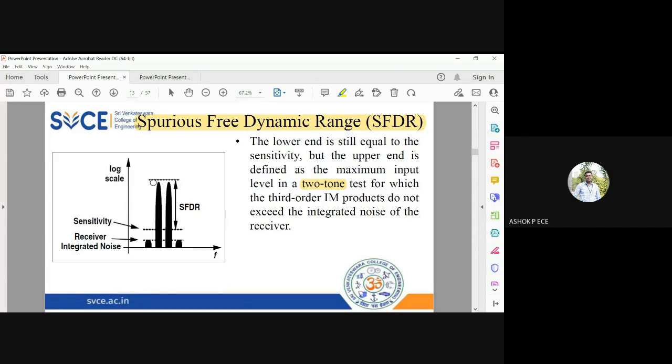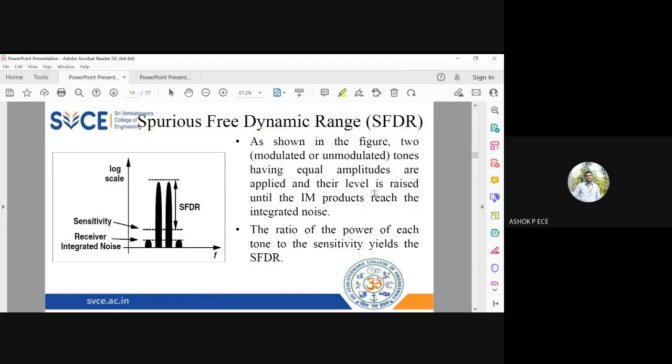So the difference between the peak power and the receiver noise is, wherever this IM product is, that power is going to be my lowermost level. The difference between these two is going to be the SFDR, or what is called the spurious free dynamic range. So these two parameters will quantify the performance